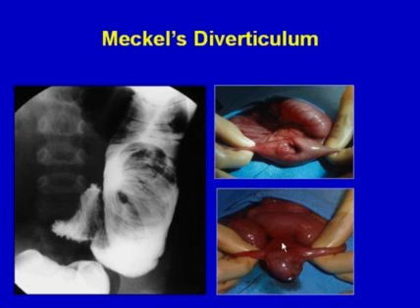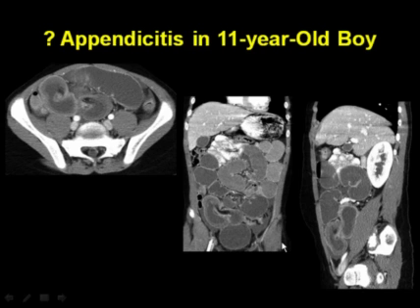Here's the Meckel's diverticulum. Here's another patient who was initially evaluated to rule out acute appendicitis, which he did not have. However, he did have a small bowel obstruction, and you can see on these views a very peculiar appearance of this bowel loop. It looks like there's a little mass invaginating into one loop, invaginating into the other. This looks like a small bowel ileal intussusception. And this did turn out to be a Meckel's diverticulum.